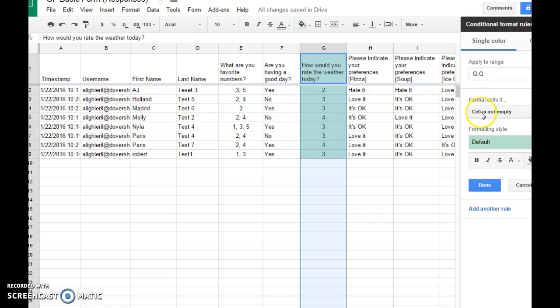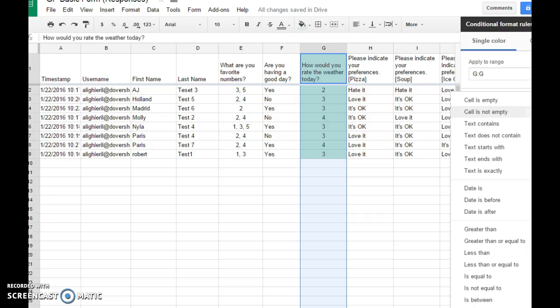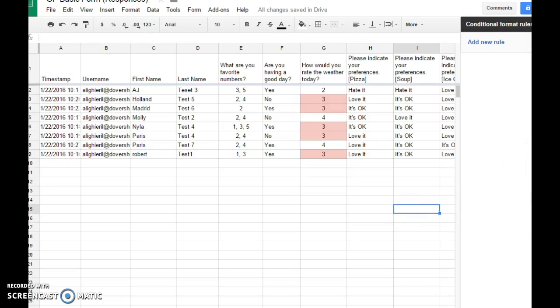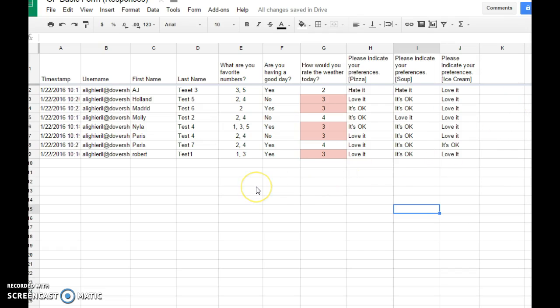And what am I looking for? Well, I'm looking to see if the text contains a certain value, and that value I want to be 3. And what do I want to do with it? Well, I want it to be a certain color, and then I just choose pink. So I'm done. And so this allows you to look at your data very quickly and see which students, in this case here, selected number 3 for the answer to that question. I can close this box here. And that's pretty much it